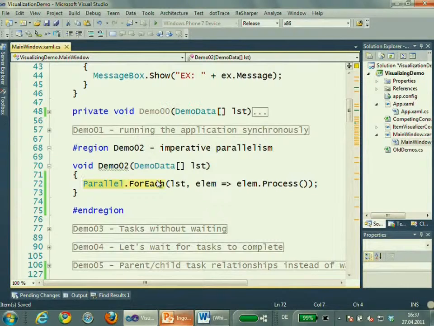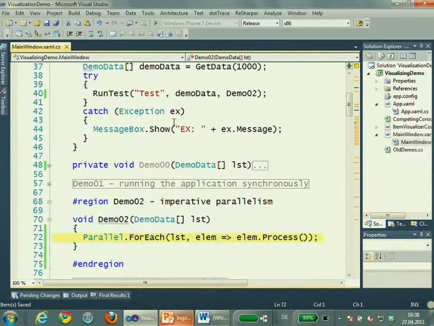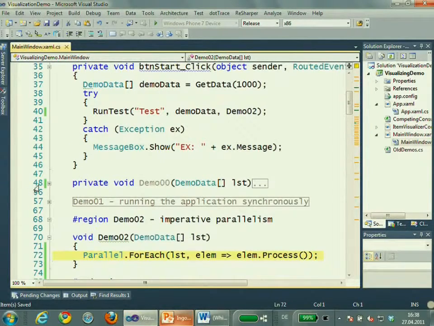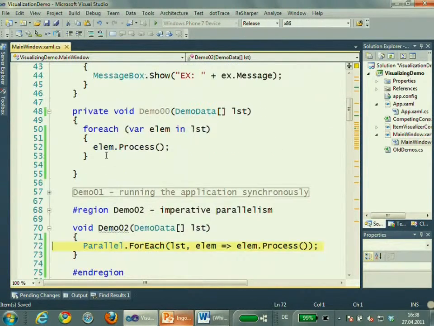So instead of running a regular foreach, you can now in .NET 4 run Parallel.ForEach. You pass in a list and you pass in a lambda expression or any delegate, any action, which should be executed, and the system parallelizes this work for you. That's very interesting, because the code looks very similar to the regular foreach. It's still just foreach. You just take this inner element and put it in here. Okay, so if we run this,